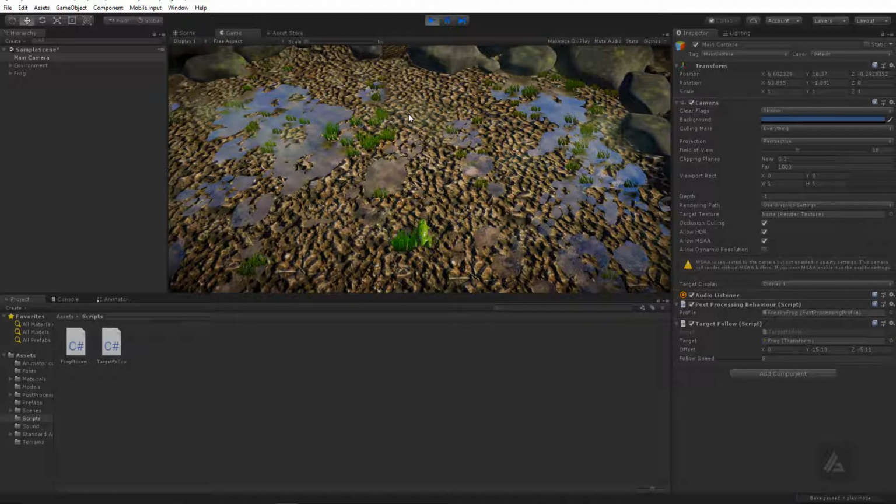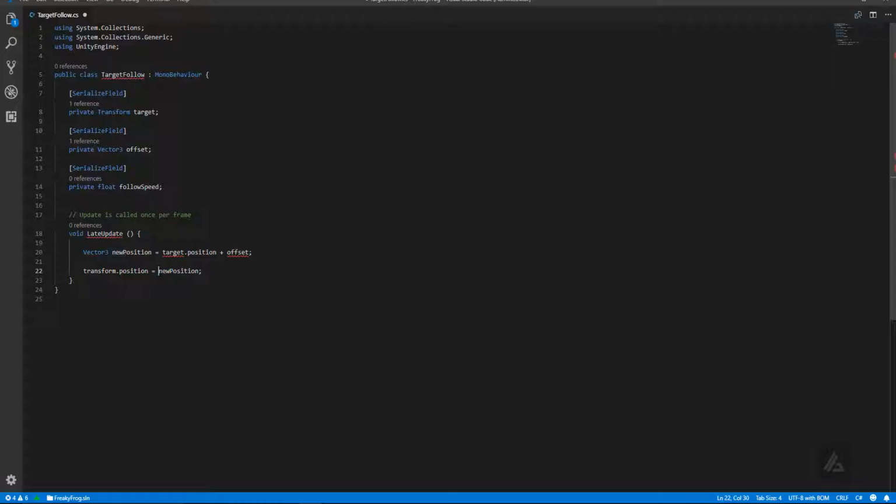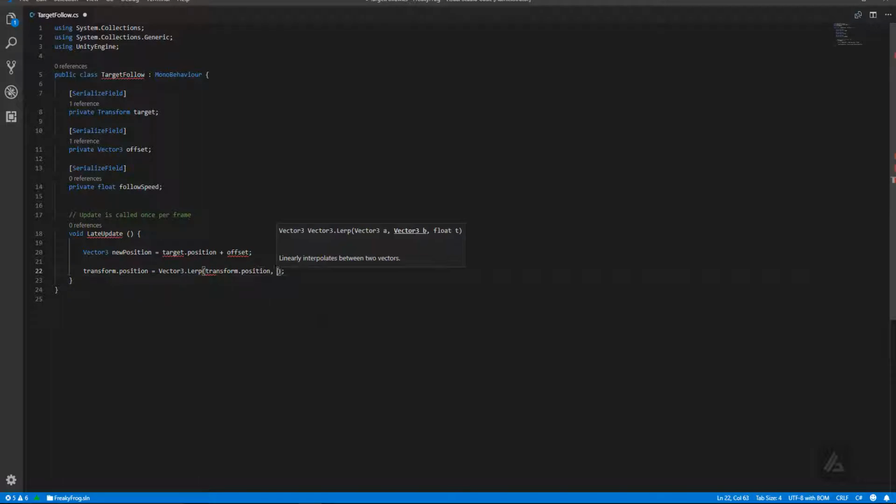So for that we will use vector3 class's lerp method, that is linear interpolation, just like we used it for our quaternions. So here I'll remove this value and use vector3 class's lerp method, which again takes in two parameters, vector A, vector B, and finally takes in a float variable by which it should complete that interpolation. So first will be the current position of our camera, and that is transform.position. Then second will be the new position,